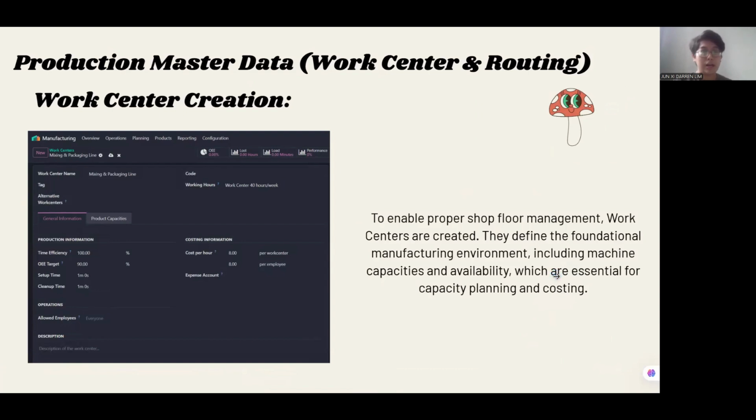The production master data will include the work center and routing. The work center is used to enable proper stock flow management. Work centers are created. They define the foundational manufacturing environment, including machine capacities and availability, which are essential for